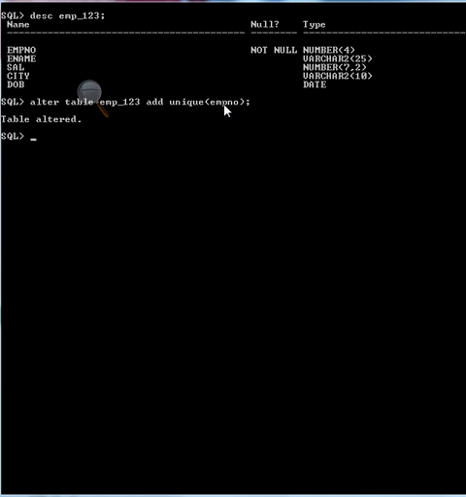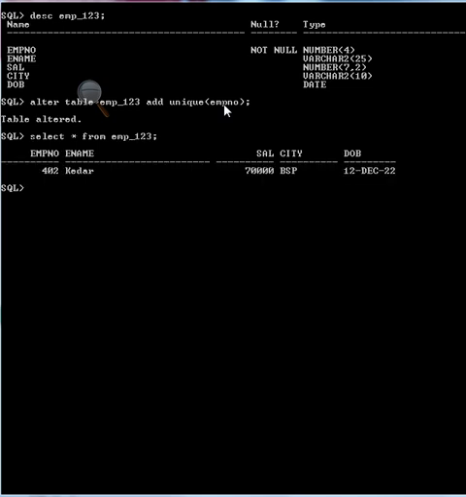Okay, so let's try to insert duplicate values in EMP_123. Let's try to select star from EMP_123. Okay, there is already one value, 402.